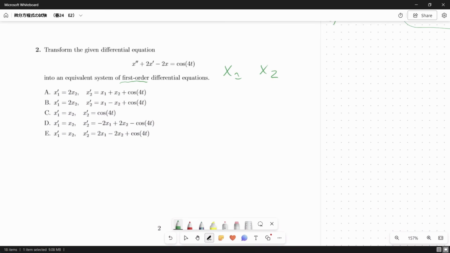We need to find something for x sub 1 prime and x sub 2 prime, and nothing more. So no x sub 1 double prime or x sub 2 double prime, because it's asking for a first order